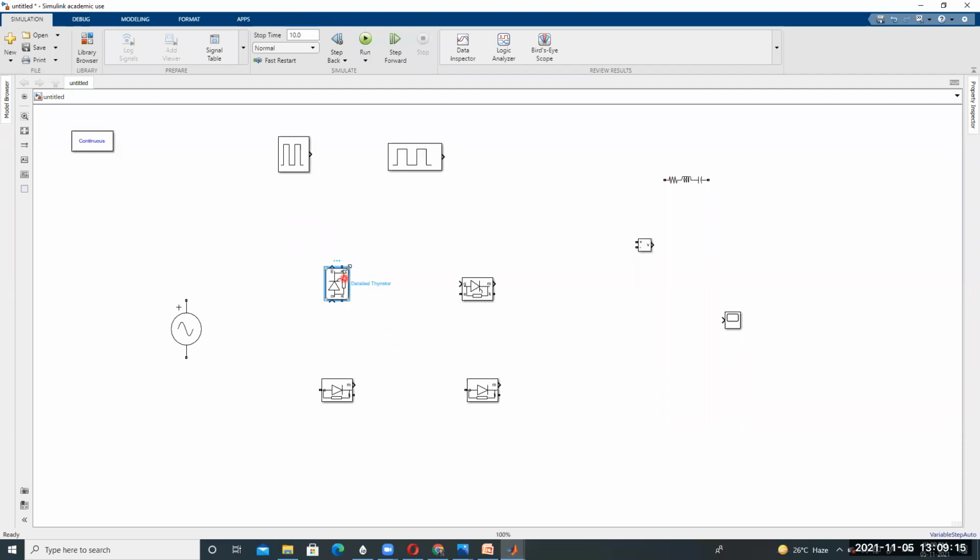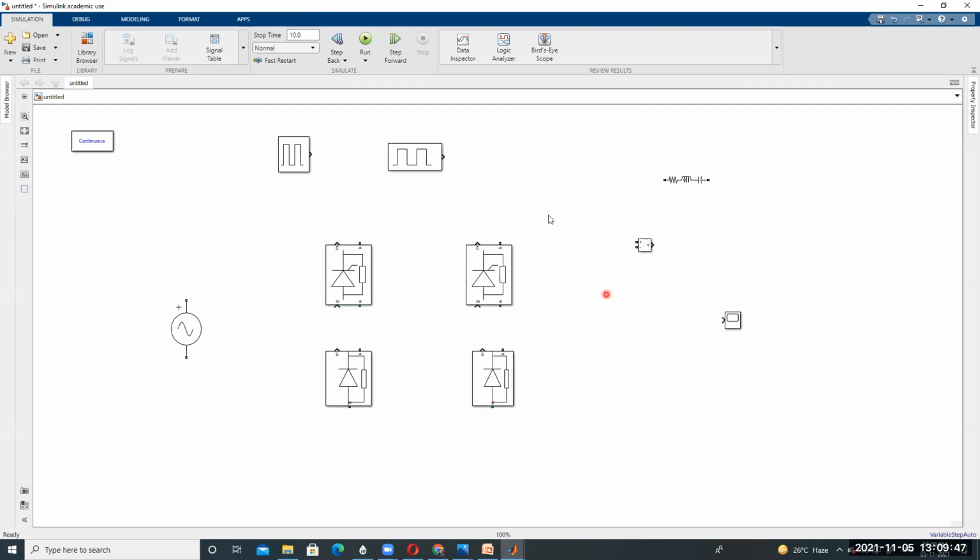And if you want to observe, enlarge it like this. And then I'm rotating this component as well. This is a thyristor, because it has a gate. It is a controlled device, but diodes are not. There is no gate terminal in diodes. It is an uncontrolled device. That is the difference between thyristors and diodes. Here also I'm rotating like this by pressing Control R on the keyboard. So it will be rotated like this.